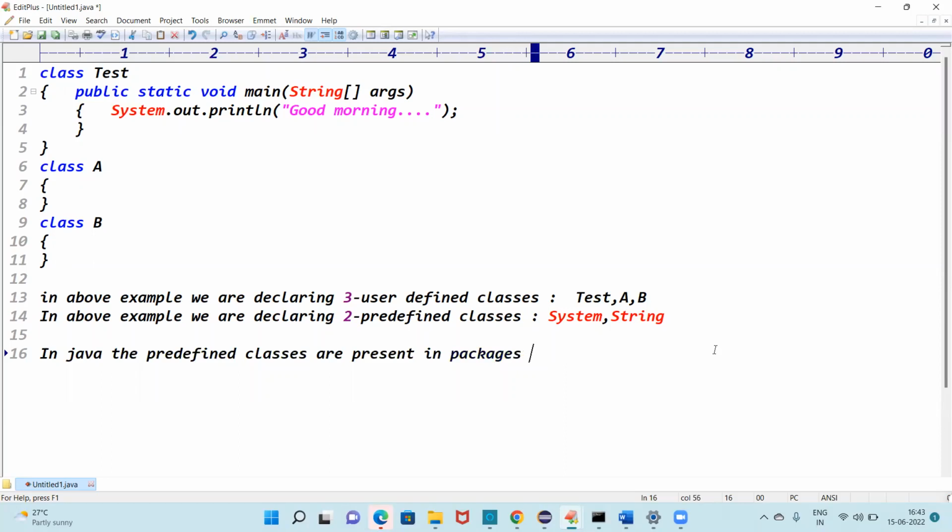Guys, you got the point, right? C language means functions, and functions are present in header files. Java language means classes. In Java everything is a class. The classes are present in the packages, guys. In Java, predefined classes are present in what? Packages. See, for example, the System class and String class, these two predefined classes belong